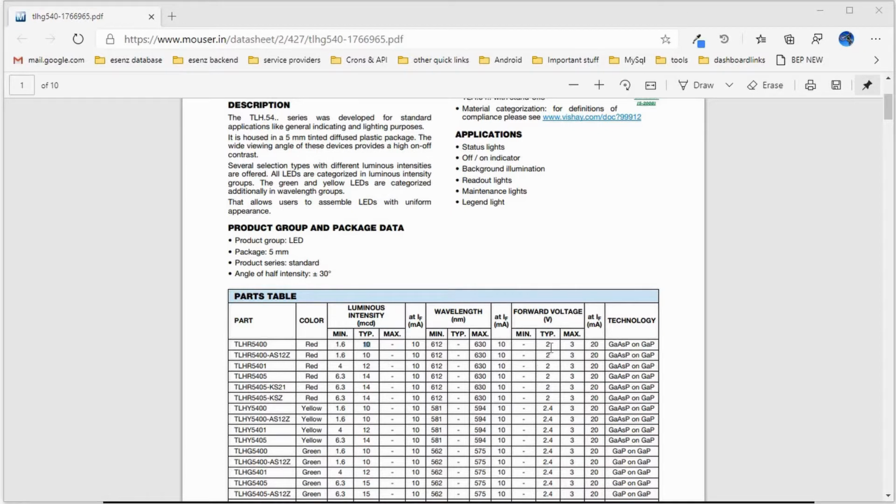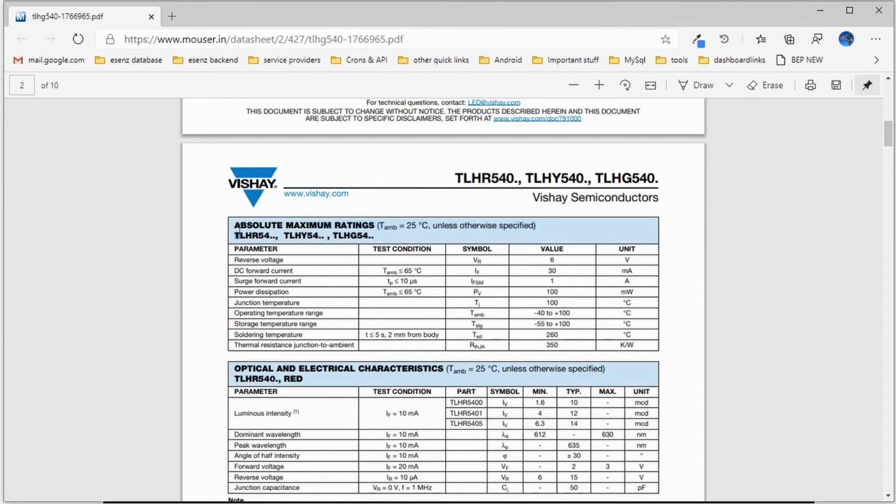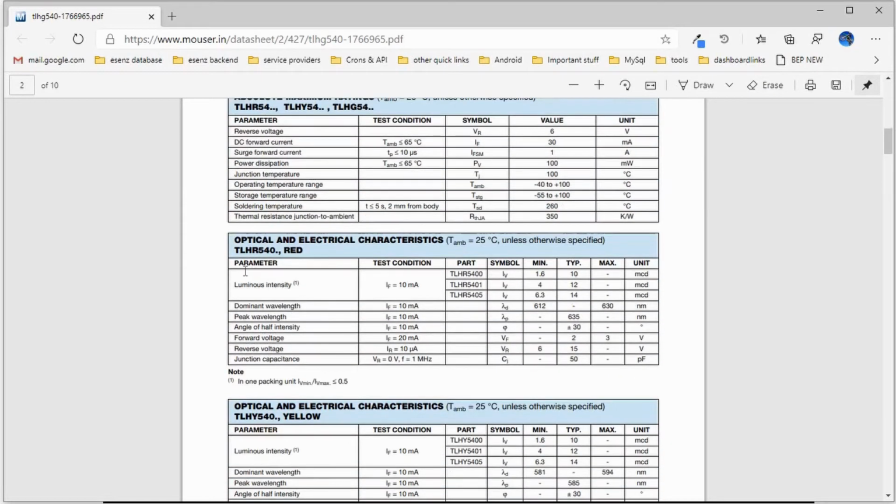Like a diode, this will have a forward voltage drop. Whenever there is current flowing through the LED, there will be a 2 volt voltage drop across the LED. Just like our silicon diode has around a 0.7 volt drop, this will have a 2 volt drop. If you go through any data sheet, there will be two sets of readings. One is the absolute maximum rating, which means that if you exceed any of these values, the LED is going to be damaged. The second is the rated value, which generally falls below this.